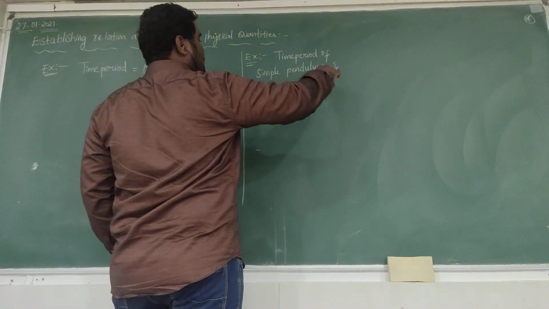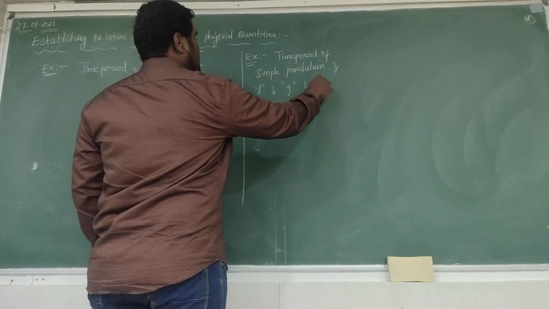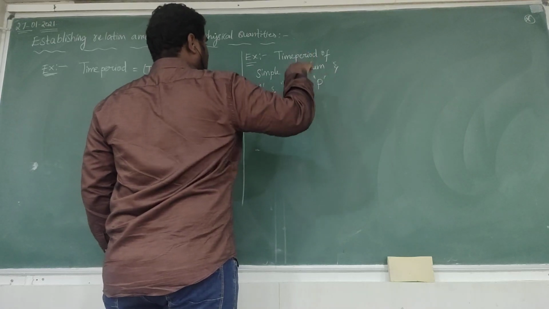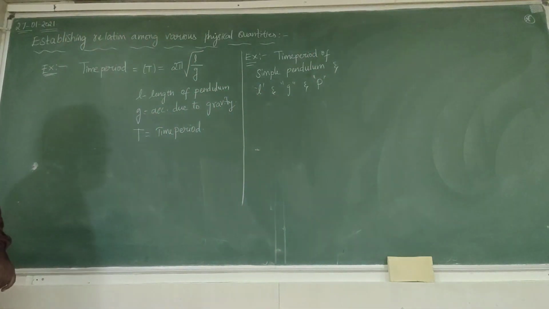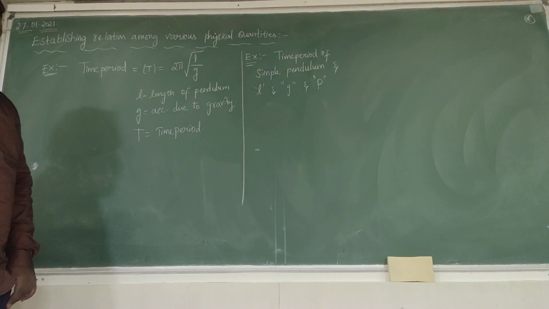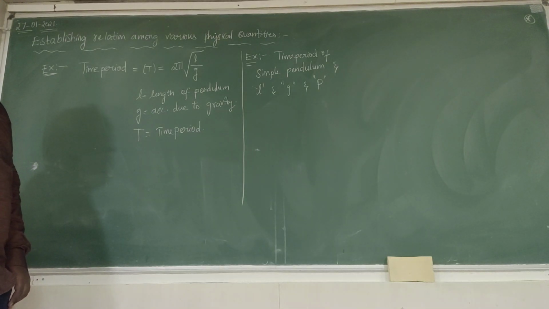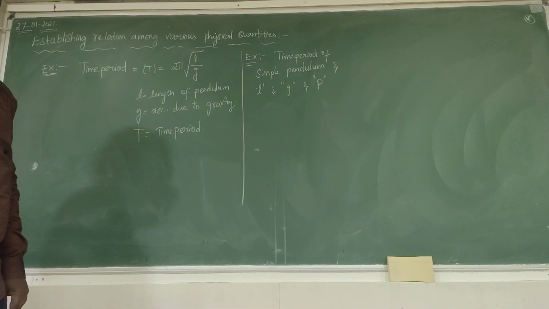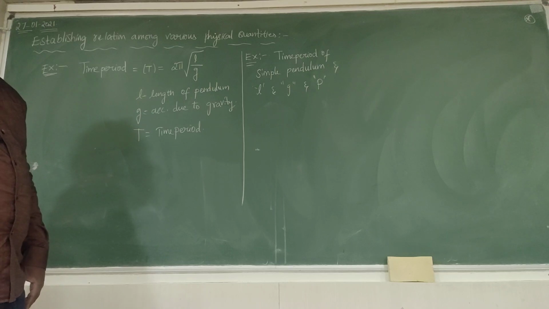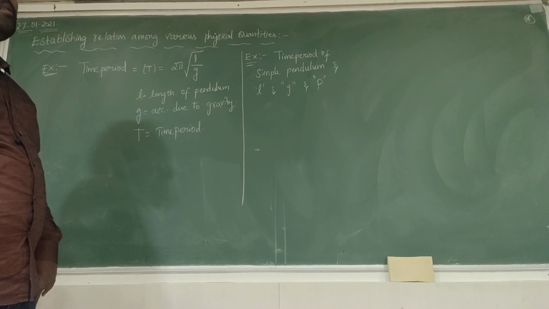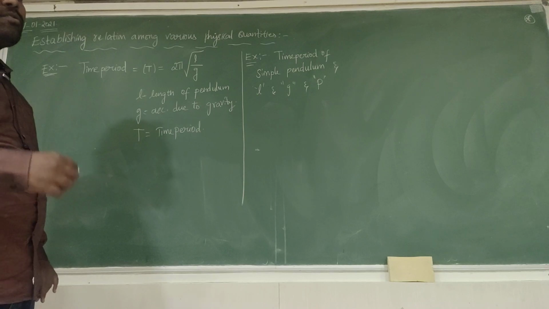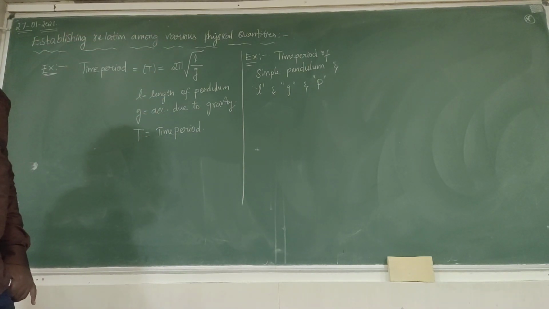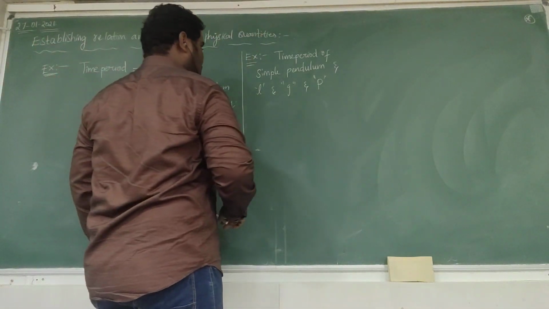So I am taking any one arbitrary physical quantity, let me say pressure. So the time period should be expressed in terms of length, acceleration due to gravity, and pressure P. In terms of these 3 physical quantities we need to express the time period, so that after doing the entire process we will get a formula. For this, you have to write it like this.